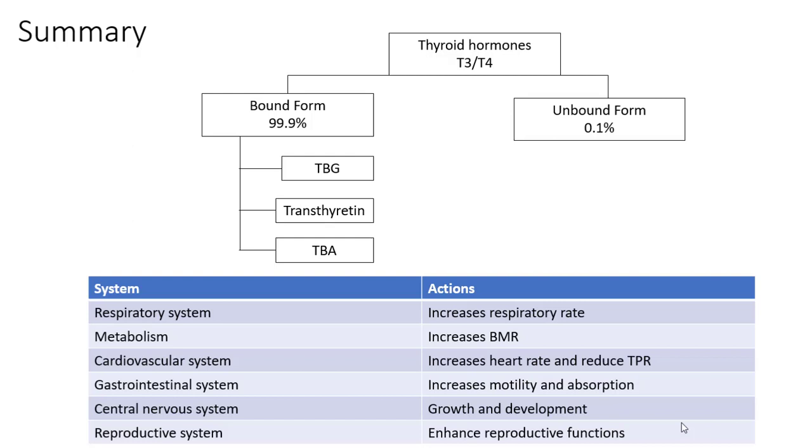Within the gastrointestinal system, thyroid hormone increases motility and absorption of nutrients, and within the central nervous system, thyroid hormone enhances fetal growth and development, as well as increases the activity of the sympathetic nervous system. And in terms of the reproductive system, it is enhancing the